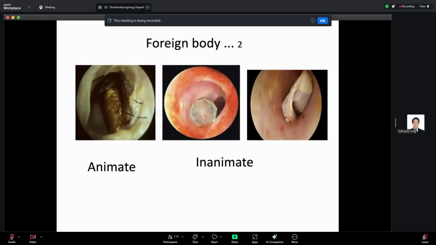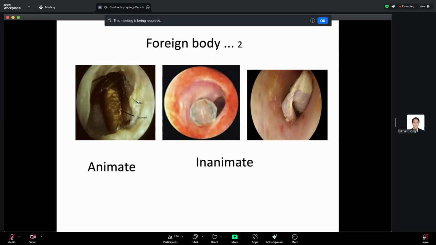So, a foreign body can be animate or inanimate. For inanimate, for kids, usually beads, clay, even paper, even cotton, we see those. Of course, if it's animate, you need to immobilize